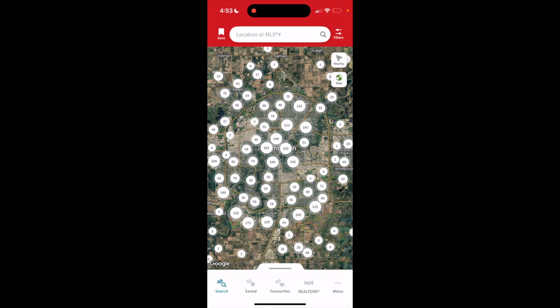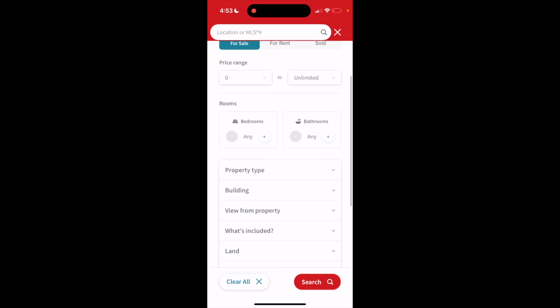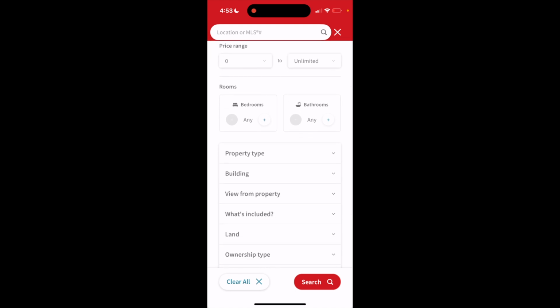Once you're on the search screen, I want you to go to the top right to where it says filters right here. Now once you're here and you have your options selected, simply scroll down to where it says rooms right here, and if you want to edit the bathroom filter or even the bedroom filter, whatever the case may be, where it says bathrooms any, if you're looking for a home that has, let's just say, at least 3 bathrooms, for example, so at least three or more, you can then edit that,